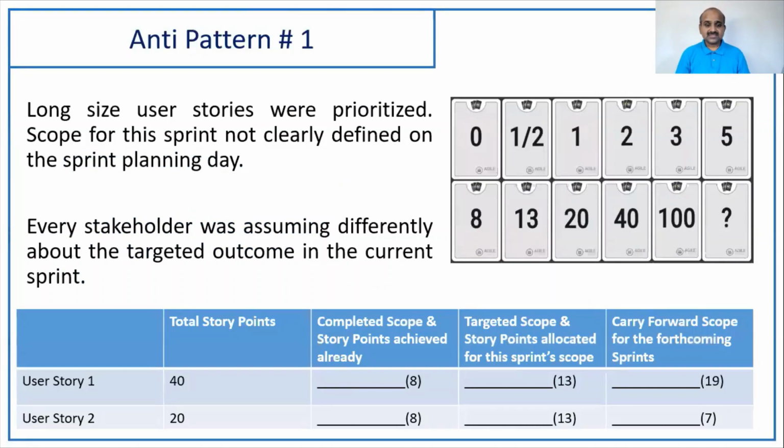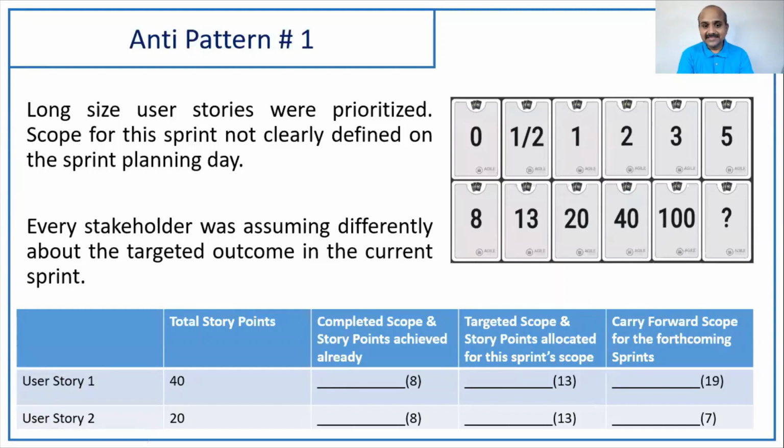Number one, the first anti-pattern here, my friends, is long size user stories. That means large user stories were prioritized. Friends, I come across situations where user stories of size 40, 20, 13 are prioritized for this sprint. Now, if you see here at the bottom, user story 1 is of 40 story points. Ideally, we should not pick it up, but it so happens on the ground that the team picks up